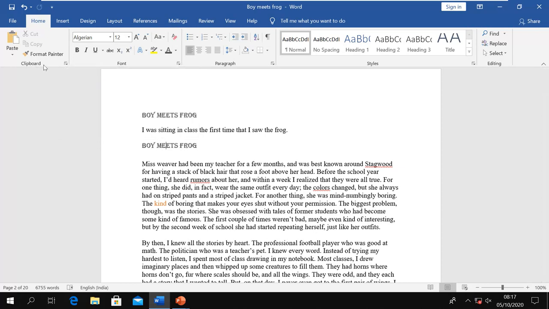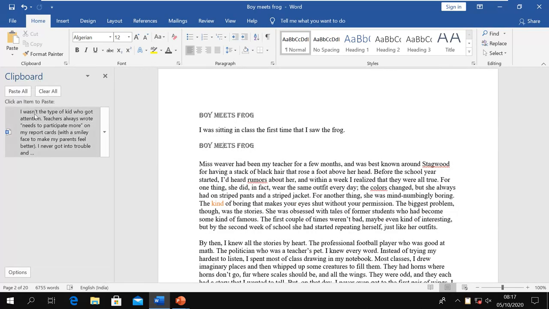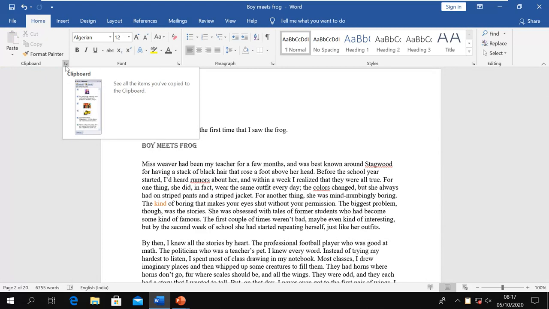Now in this group also you have some advanced command where you can go. This is the clipboard. When you go here, it shows you the clipboard, the place where all your copy and paste is kept. So I copied this text here, the whole paragraph, and it is still in the clipboard. So you can manage it, you can paste again, you can delete it from the clipboard also. This option comes when you click on this arrow.